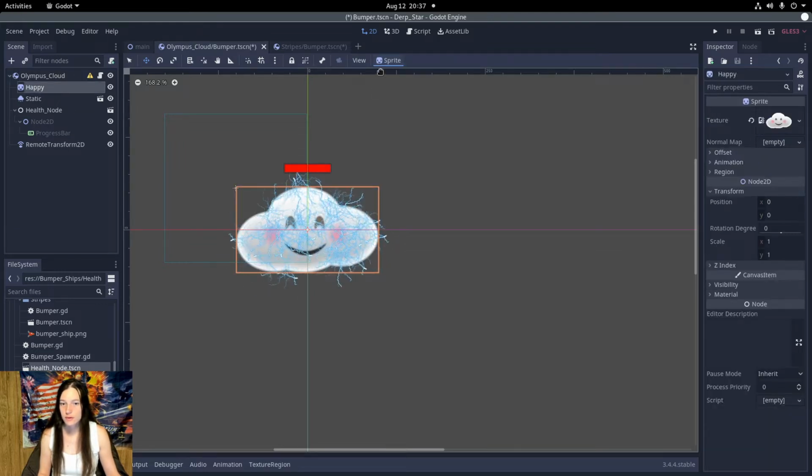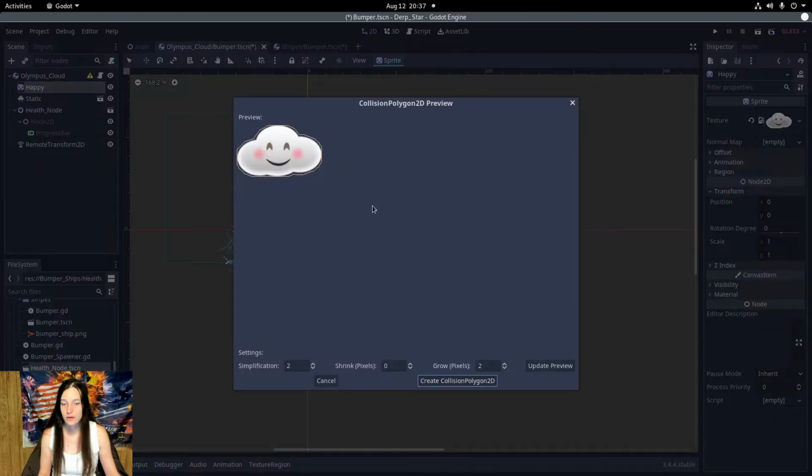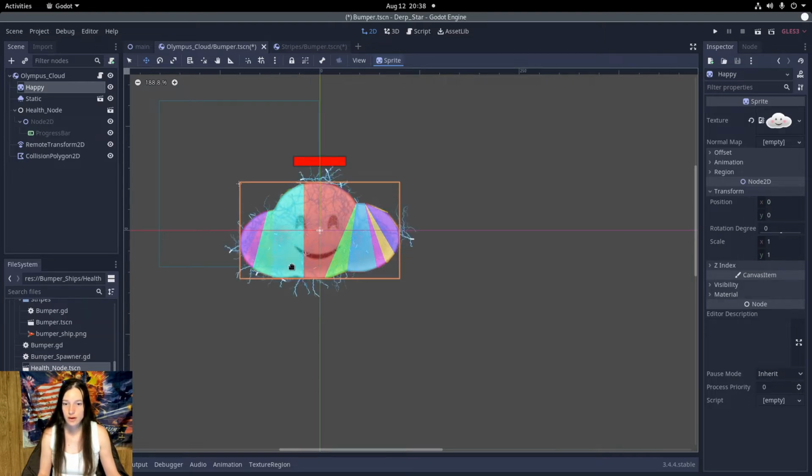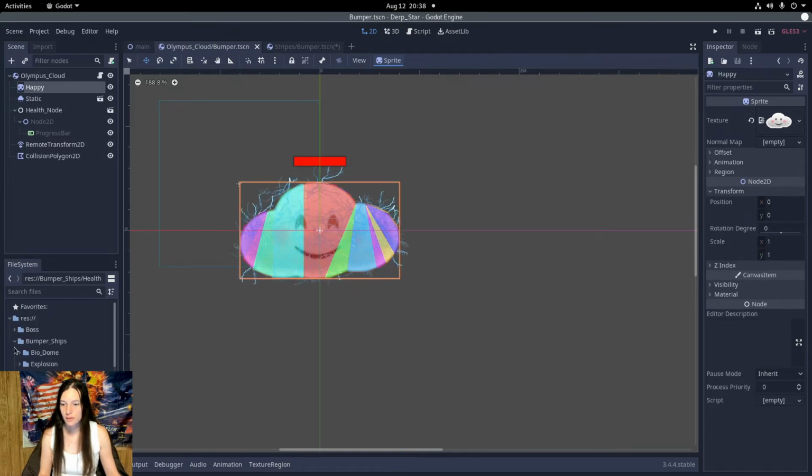And then with the sprite selected, I'll create a collision polygon 2D sibling, and we'll set the shrink to 2. That looks pretty good. So that generates the collision shape. I might be forgetting something, but